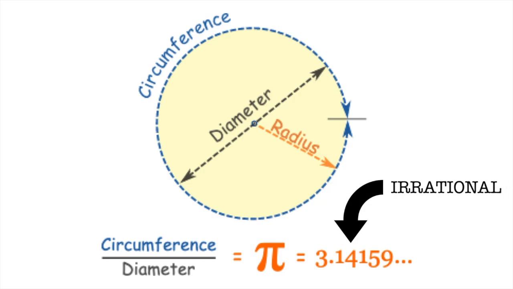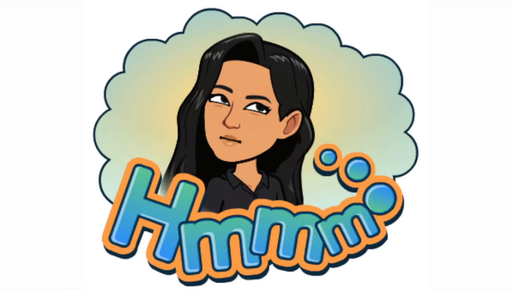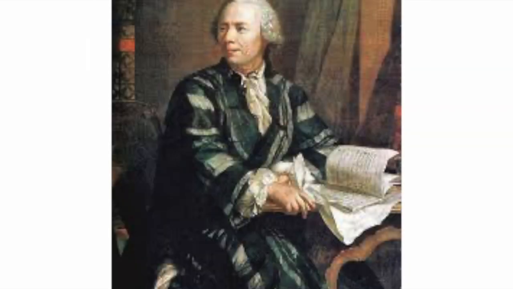Pi is another irrational number and the ratio of a circle's circumference to its diameter, and 1 is, well, 1. This formula links together four completely different numbers to result in a value as simple as 0. But why? How? So there's this guy named Leonhard Euler who was playing with the famous Taylor series one day